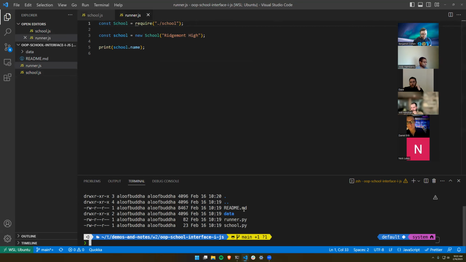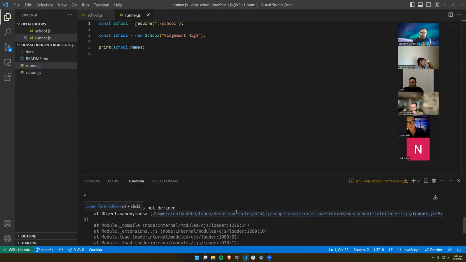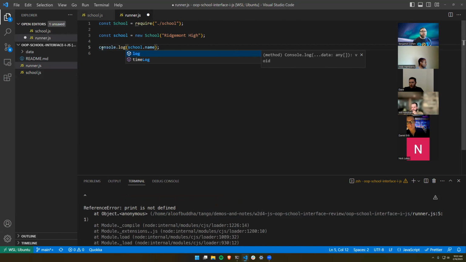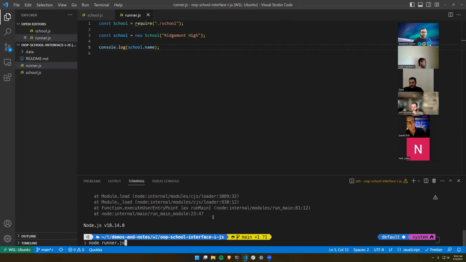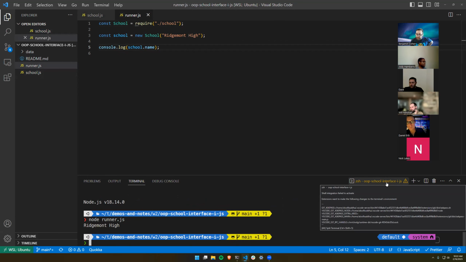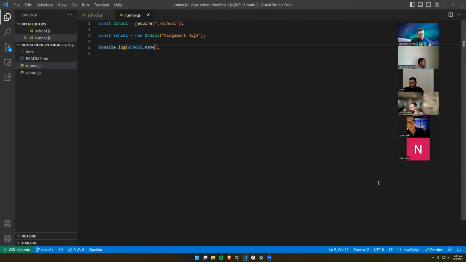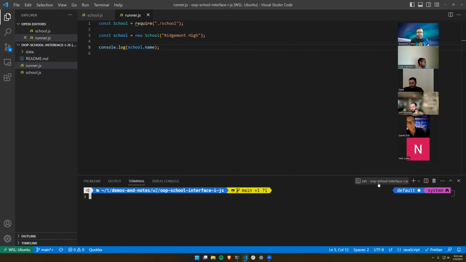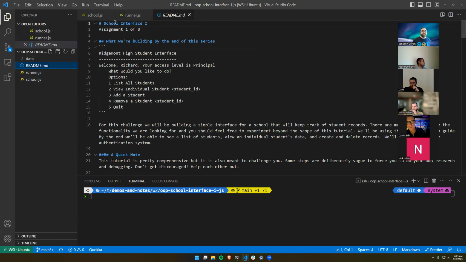So let's actually try and run it with node runner.js, and it doesn't like it. It's saying print is not defined. And that would be right. Yeah, that's not actually a thing. We have to write console.log. And now let's try it. It is working. Cool. So now we have a basic thing going on here. That's so weird. I'm going to close that and reopen it, and everything should be fine again. Great. So yeah, now we have a basic thing working, and the point is just to go through the README